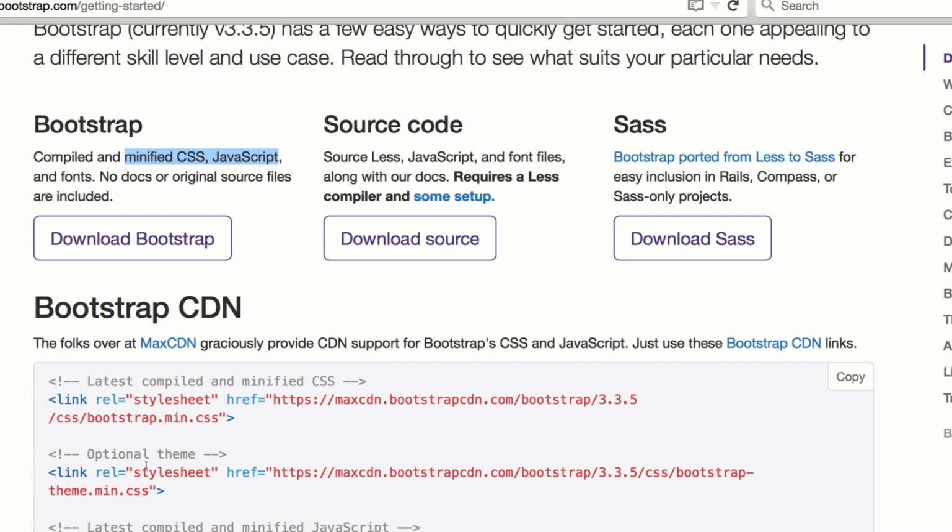So what it means is that it's going to reduce your file size by some kilobytes, and it will help you to organize your file. And when you have a reduced file size, it's going to load faster on your visitors' browsers. So that's really important when you are trying to develop a